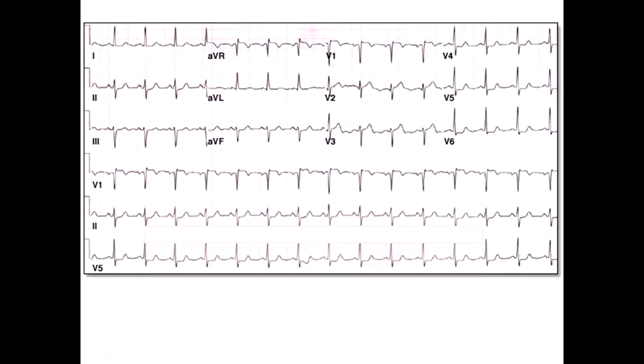It should be completely downwardly deflected. So that's telling you there's something not right. In V3, we've got ST segment elevation, which we didn't have in the previous one. And in V4, we've got ST segment, it might be depression. It might be by 1 box. So we can't really say